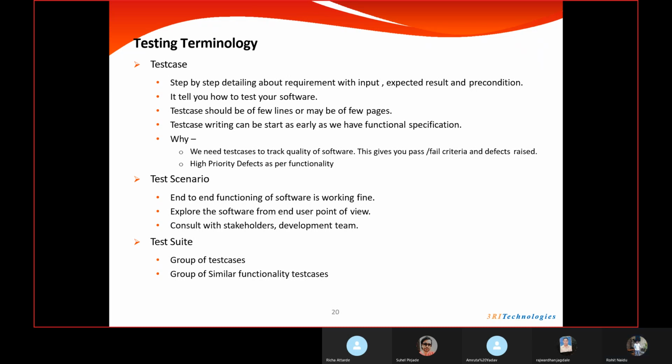Okay, and we don't include the column called actual result, because actual result will be given at the time of execution, at the time of test execution, not in the test case. It will not be anywhere in the test case. It will be filled when the execution phase takes place.